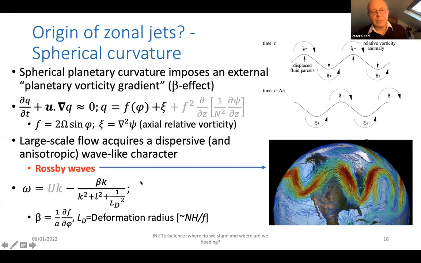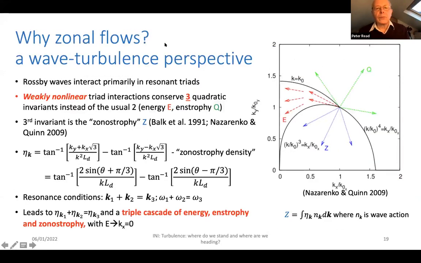And the important point about these waves is that they are highly dispersive and also very anisotropic in their propagation. So they tend to propagate in the zonal direction, the east-west direction, with a frequency that is highly dependent on wave number. So why zonal flows then? So if the flow in a range of scales is dominated essentially by Rossby waves,